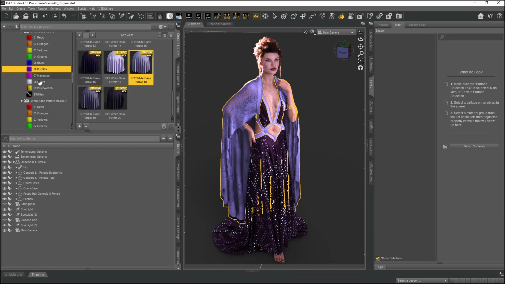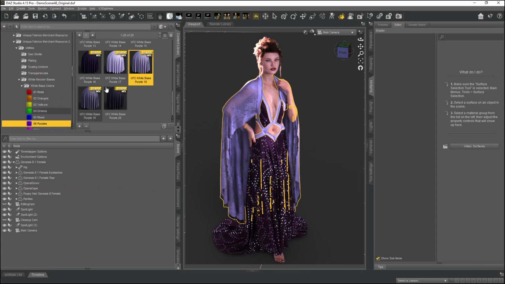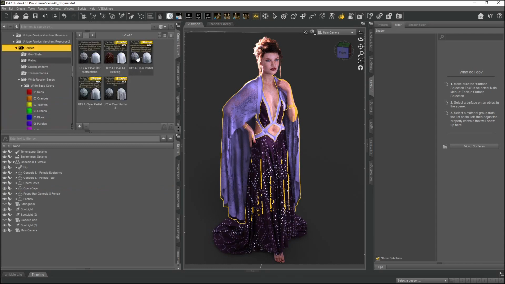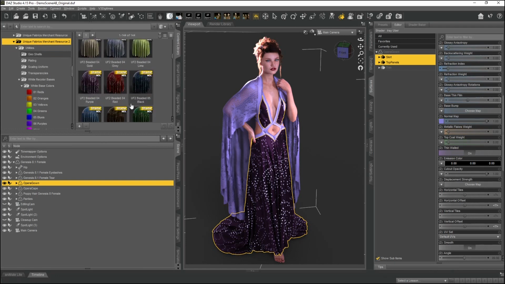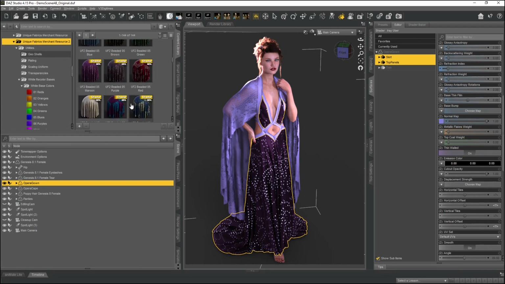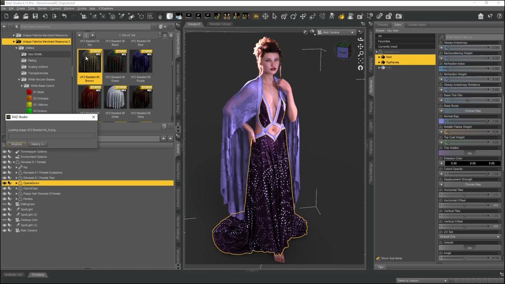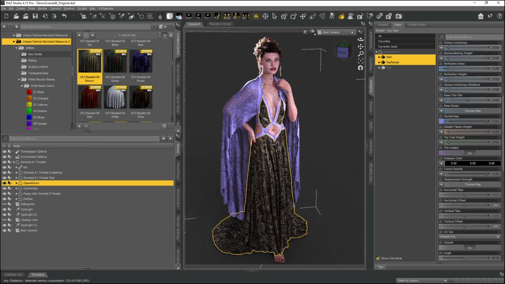We didn't even get into all the other stuff that you could do with the set, but just using the base clears with existing things and then playing with the colors, or just using the base presets and playing with the scales and flip-flopping around. But I mean, so far we've taken this one dress in a lot of different directions. I'm gonna run out of stuff to do eventually, but